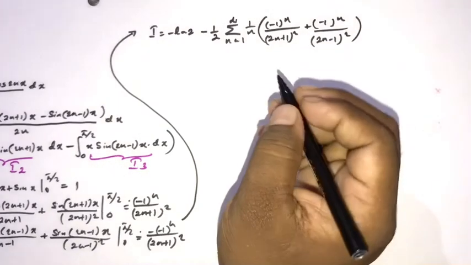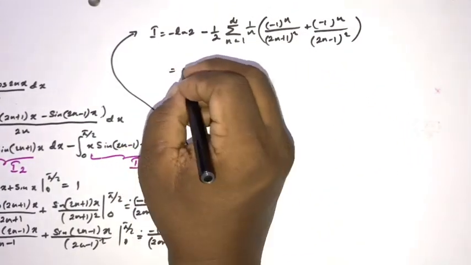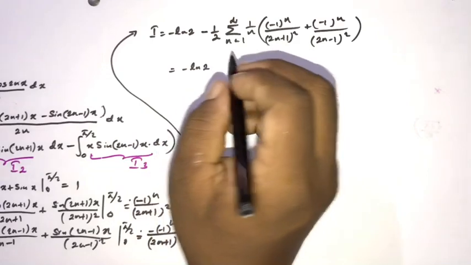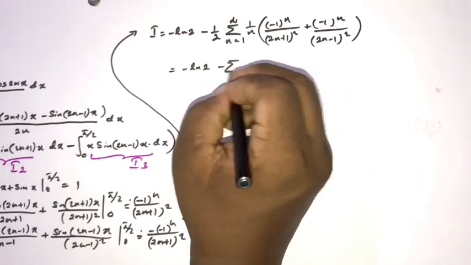Okay, then we can simplify here: minus natural log of 2, then here minus infinite sum n is